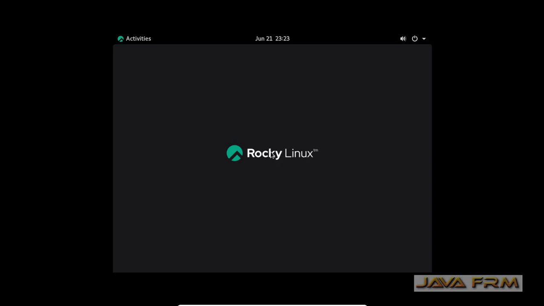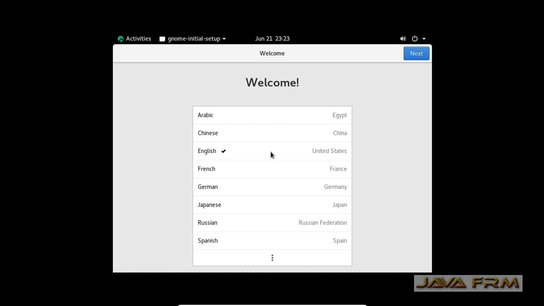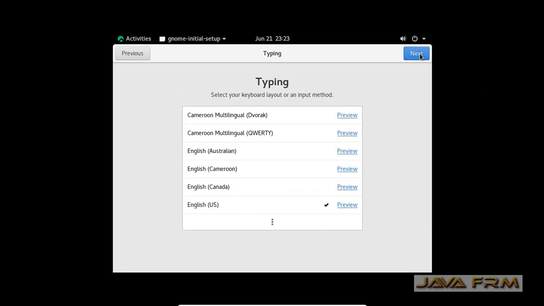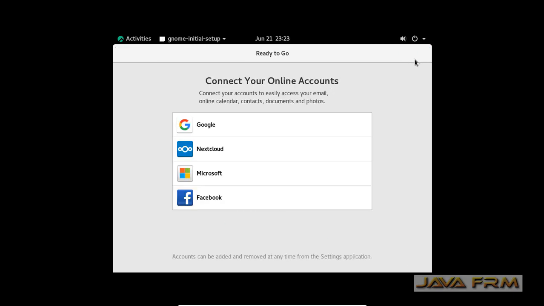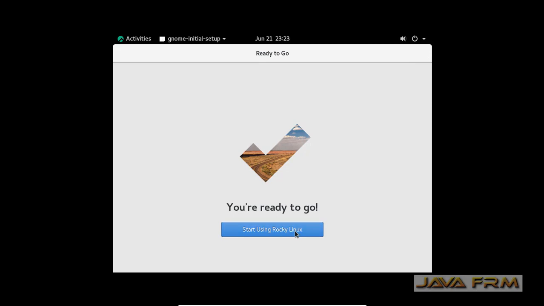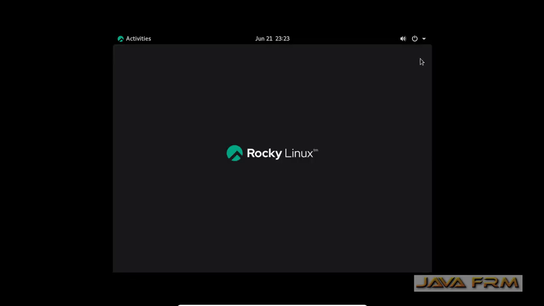Now we can see the welcome screen. Finish the settings for the welcome screen. Now I start using Rocky Linux. Everything is fine now.